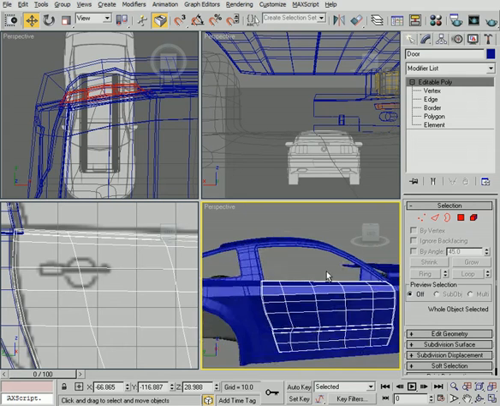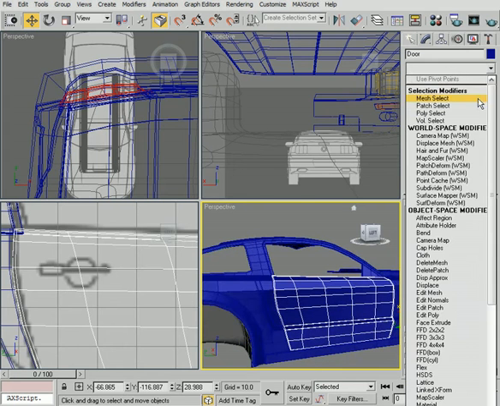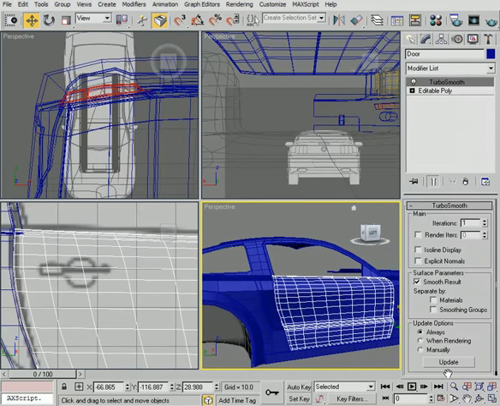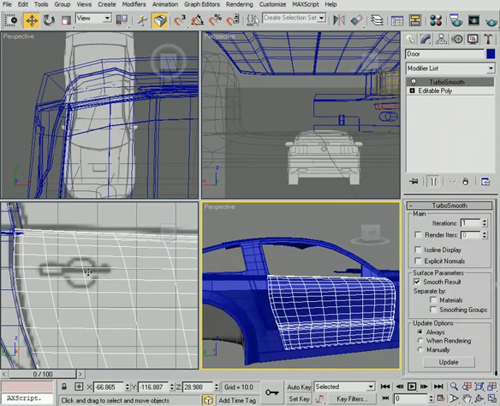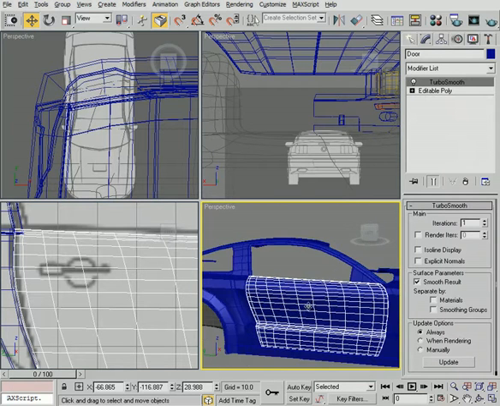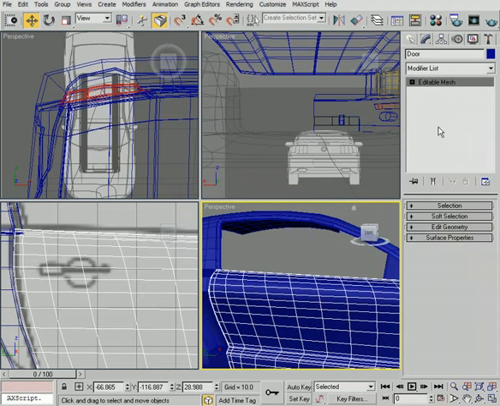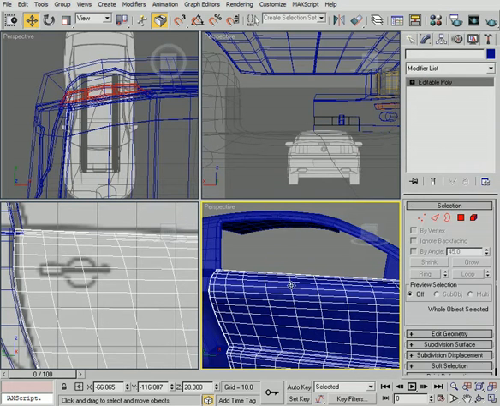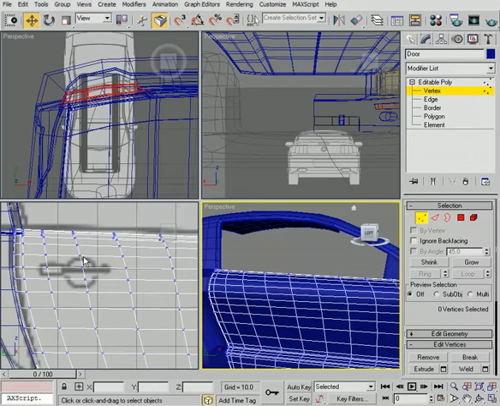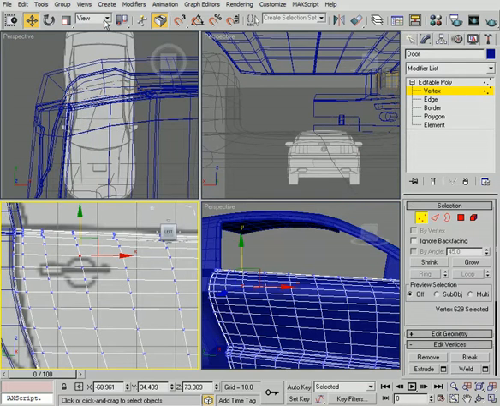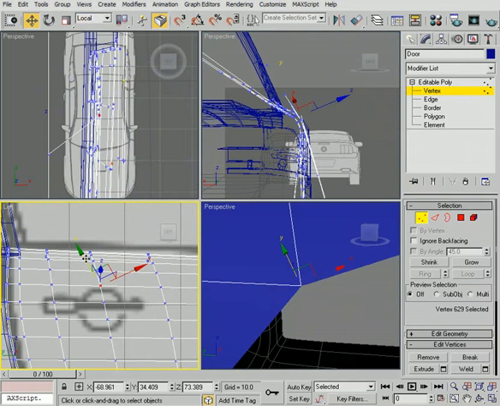It's up to you. But I'm going to go ahead and just add a turbo smooth modifier. And I'll just leave the iterations at 1. At least we've got more resolution in here that we can use. Go ahead and collapse that. Say yes, convert to editable poly. And now what I want to do is take these vertices right in here, go to local right here, see this local, and that's our reference coordinate system there. So we're using local. I'm just going to pull these out